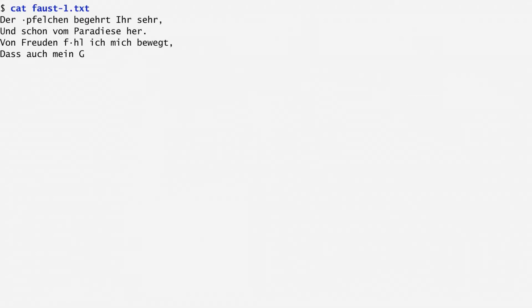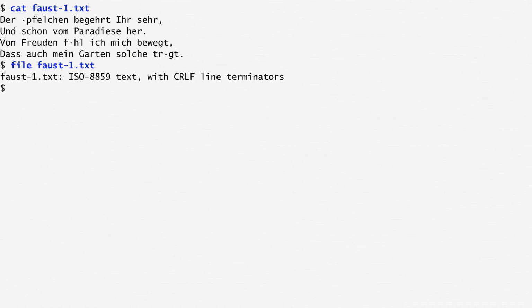To see an example, consider this verse from Goethe's Faust play. Notice how some characters, like the one after the first space, or another in the middle of the third line, appear incorrectly. These are not text errors. They denote encoding incompatibility. Running the file command on the text file, we see that it's encoded with the ISO